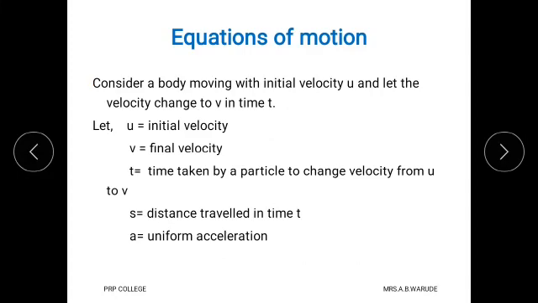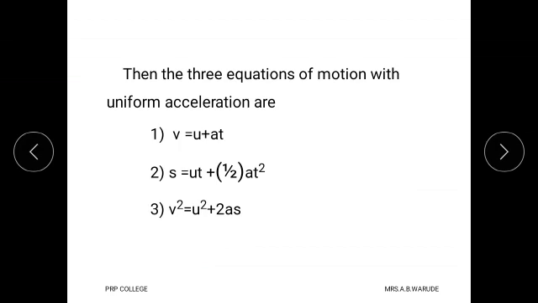As we know, when a body is moving with initial velocity u and it changes its velocity from u to v in time t, then we write the equations of motion. For that, consider u is initial velocity, v is final velocity, t is the time taken by a particle to change velocity from u to v, s is the distance traveled in time t, and a is uniform acceleration. Then the three equations of motion with uniform acceleration are